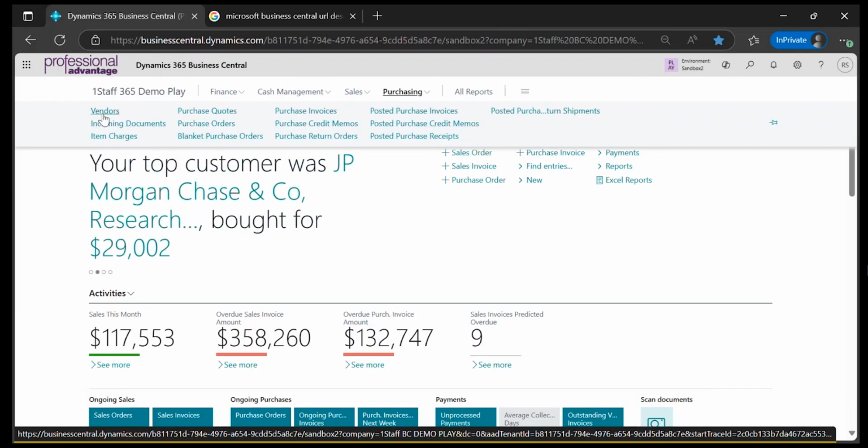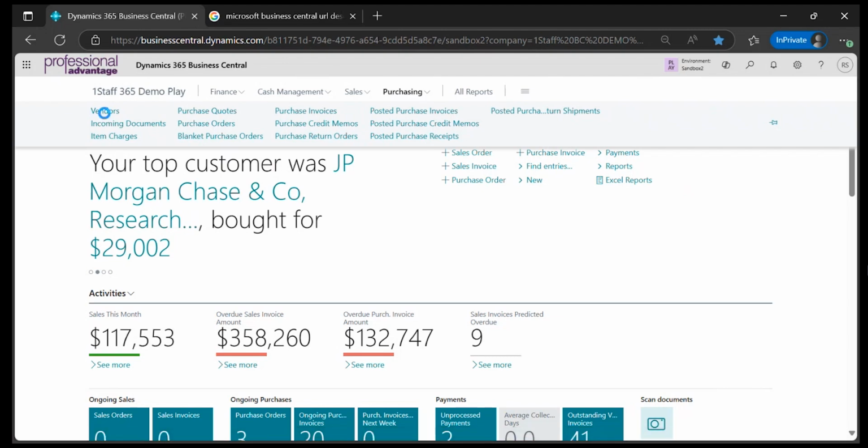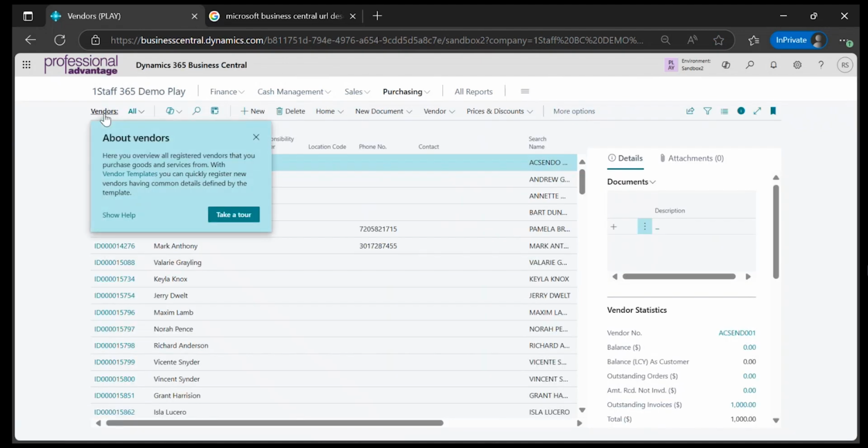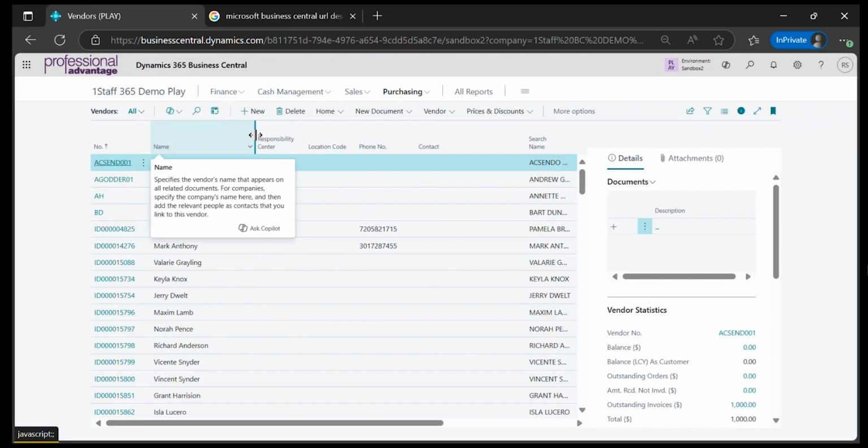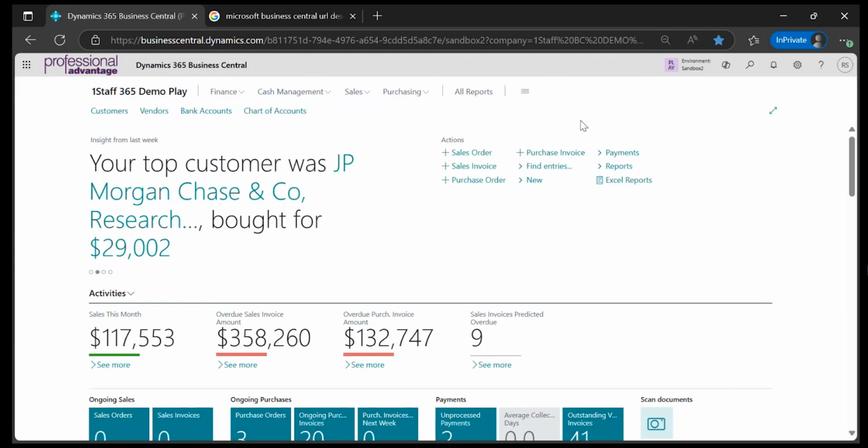If I just click on vendor as an example, you notice we pop open the vendor screen. I'm gonna stop there because we have a whole other series of videos on vendors and invoice entry and things like that. I want to keep these short and sweet, so